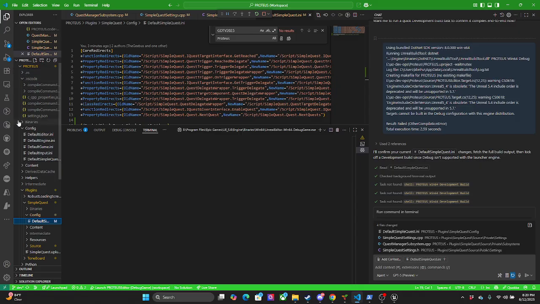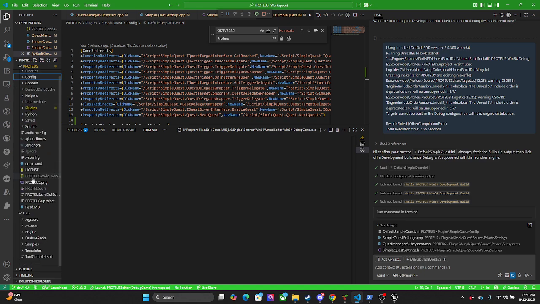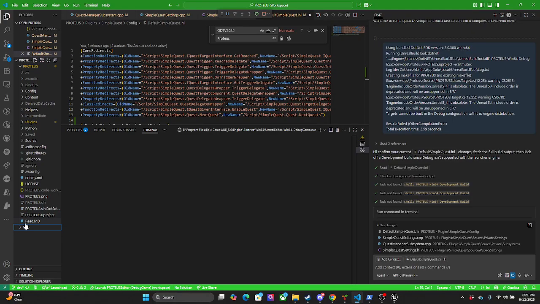The way I like to do this, I keep a docs folder. And my docs folder is missing. Where is it? Source docs. There we go. About all the different things and how they work in the system.